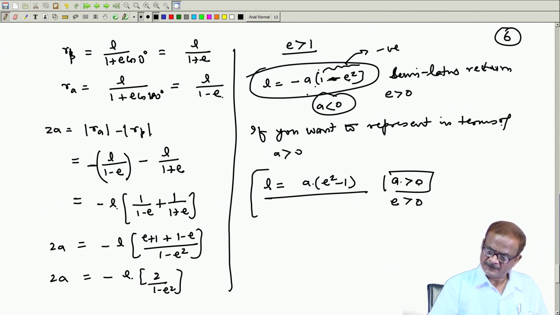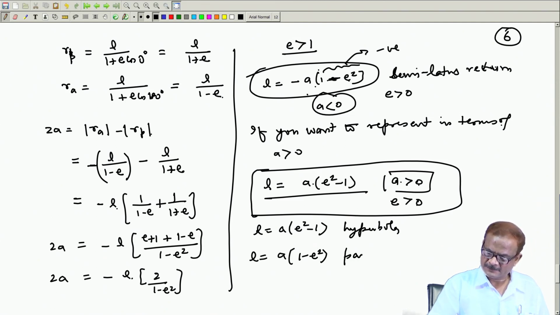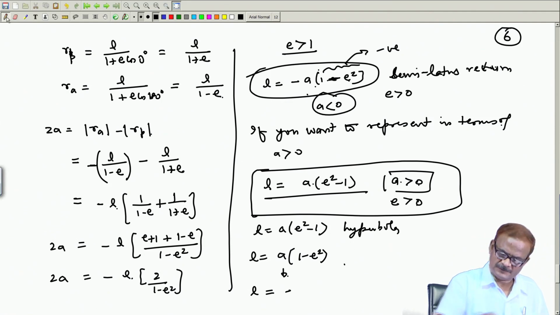See, this part is a little easier to handle, because you can remember that the latus rectum will be given by a times e square minus 1, this is for hyperbola, and for parabola you are using a times 1 minus e square, this is for parabola. So, in the case of this parabolic equation, if we want to change, sorry, this is for ellipse, this is for ellipse,